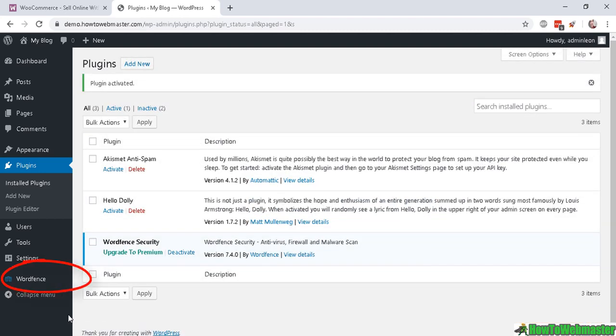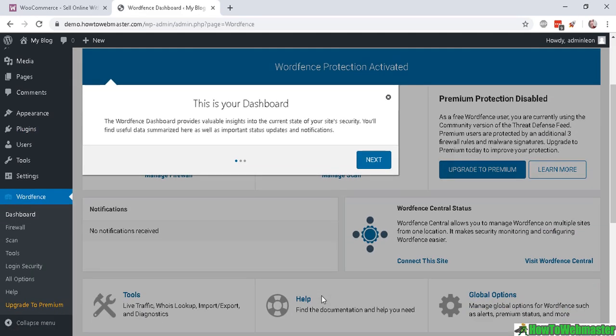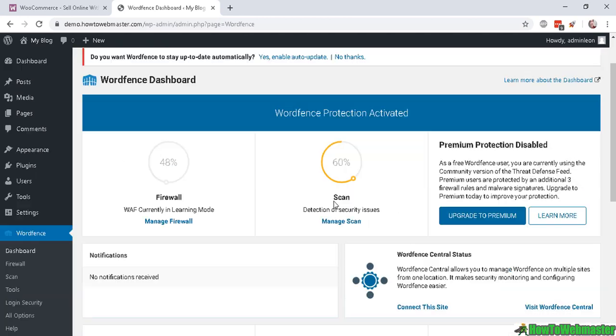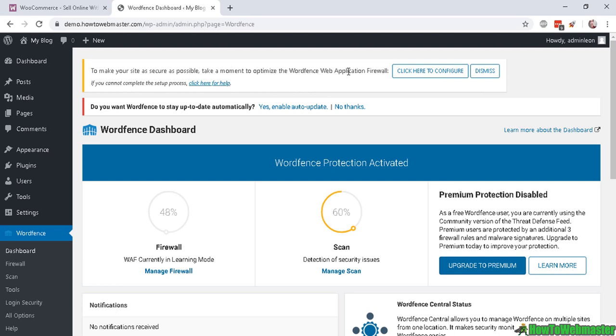Okay, now that is activated, click on Wordfence to get to the Wordfence dashboard. It'll give you a nice little walkthrough here. If you want to go through that, go ahead. Otherwise, click X here. And it will tell you at the top here, alert, that says you need to optimize